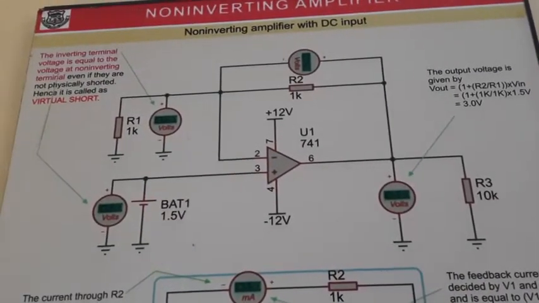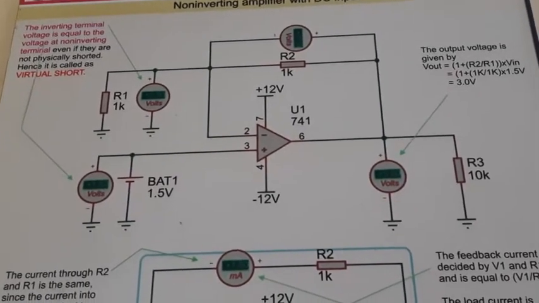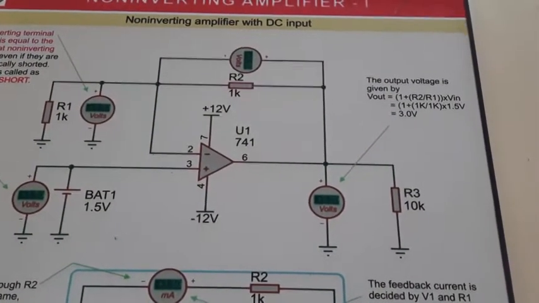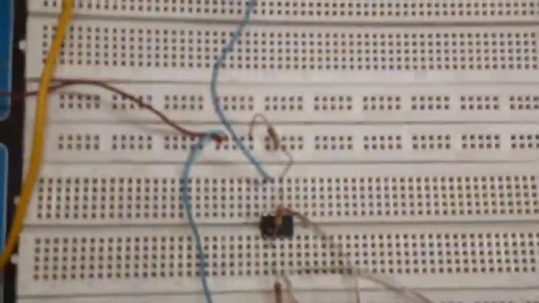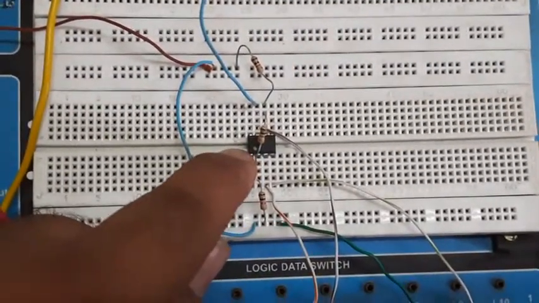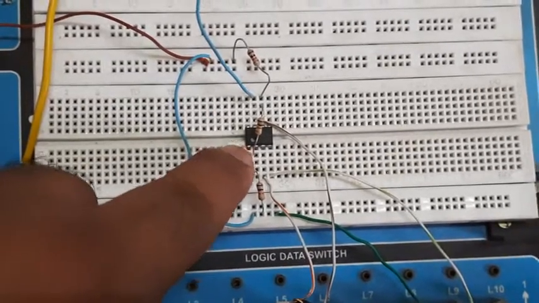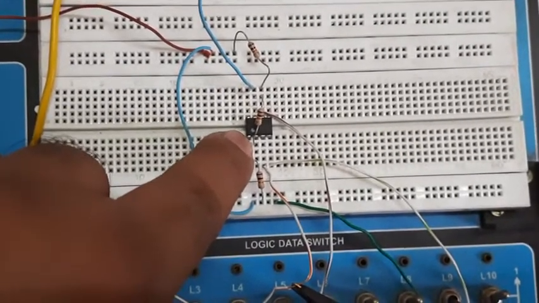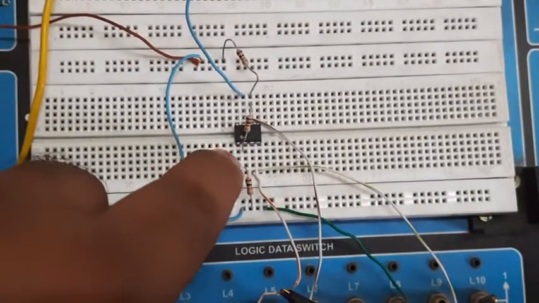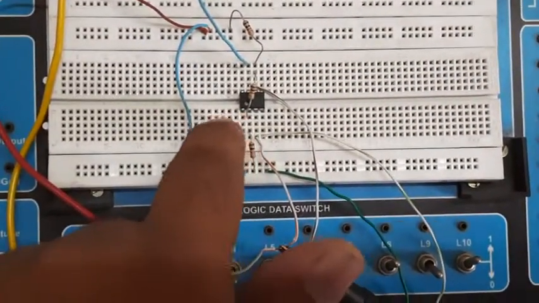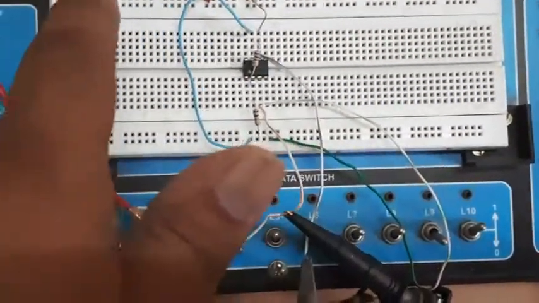So we have to connect in such a way the resistance, the battery or input voltage, and observe the same. As per the diagram, we have connected here the resistance. This is the 741 IC. The first terminal is shown as a dot. Here is a dot, downwards the first terminal, and we have to count the legs in such direction: 1 2 3 4 5 6 7 8.